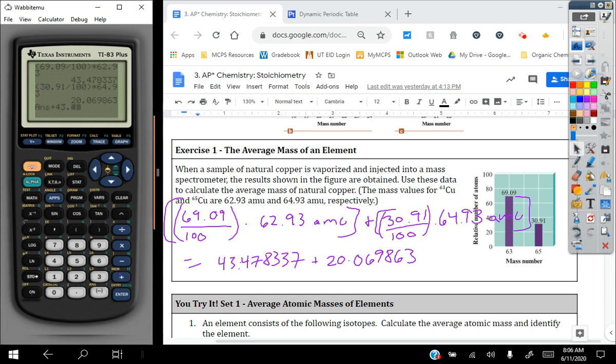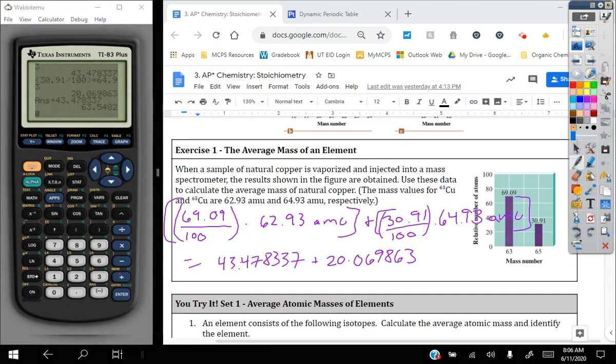So 43478337. And we get an average atomic mass of 63.548. Because we were only given 4 sig figs to start with our atomic mass values, we can round that to 63.55 atomic mass units. Depending on which periodic table, you'll see most of them go to 2 decimal places, some